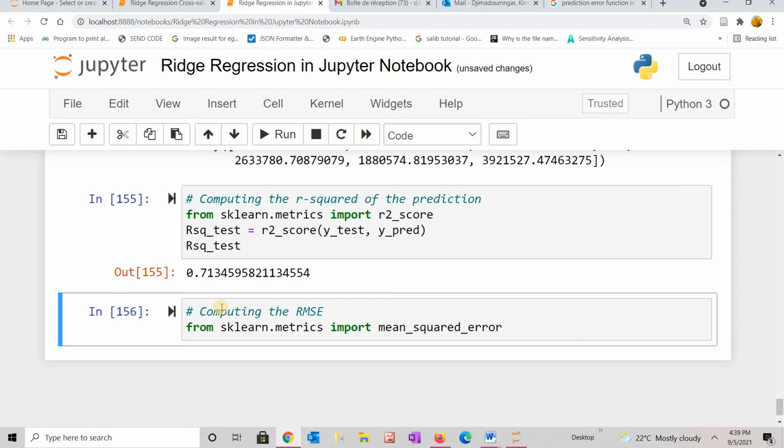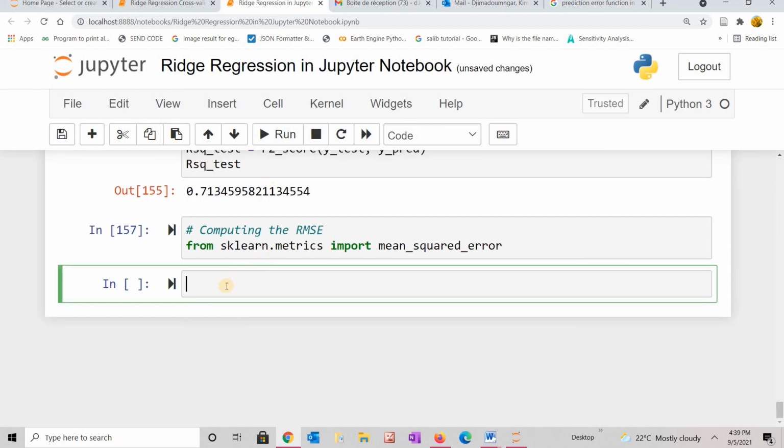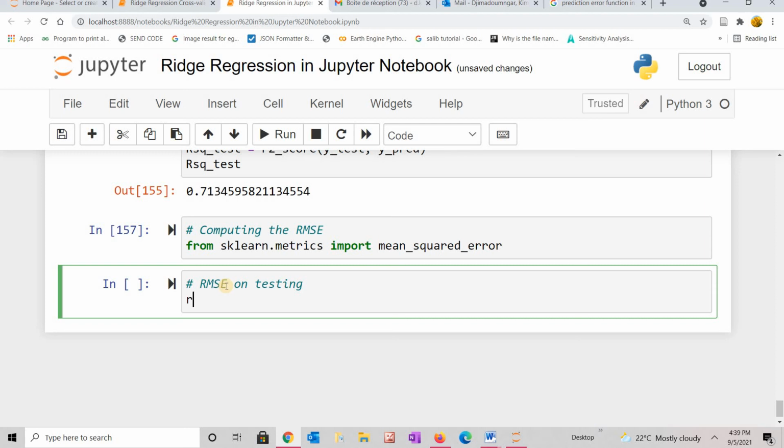Okay, so already run. So we compute the RMSE on test, and then we do the same on train. We type RMSE on test. Let's call it RMSE test